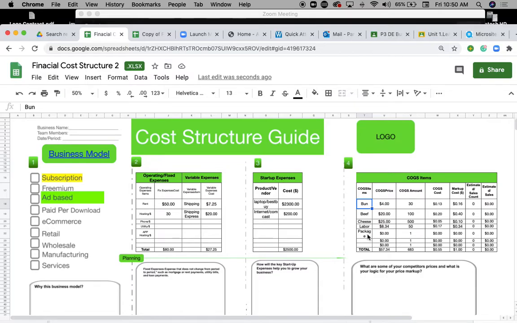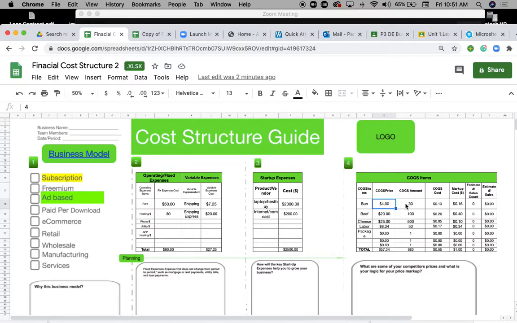You might need ketchup and all the other stuff, but let's keep it simple for now to explain this purpose. So the bun costs $4. I'm not going to go to Publix or Walmart to buy the bun. No, I'm going to go directly to a wholesale dealer so I can get the best price. So the bun costs $4, which is the cost of goods,